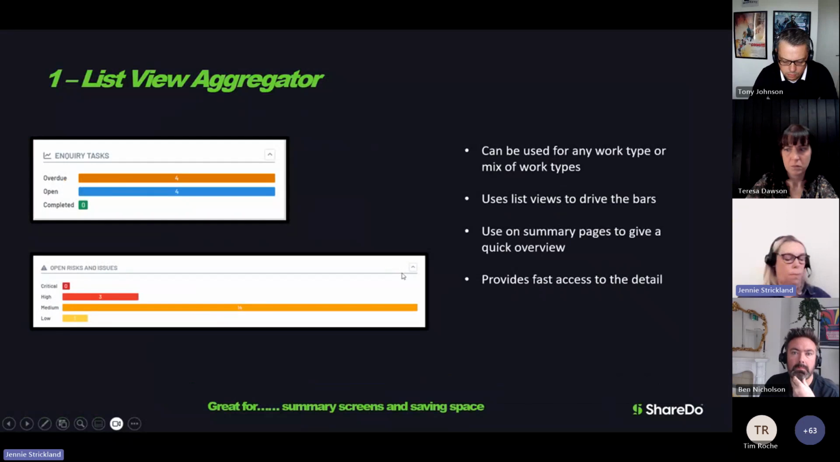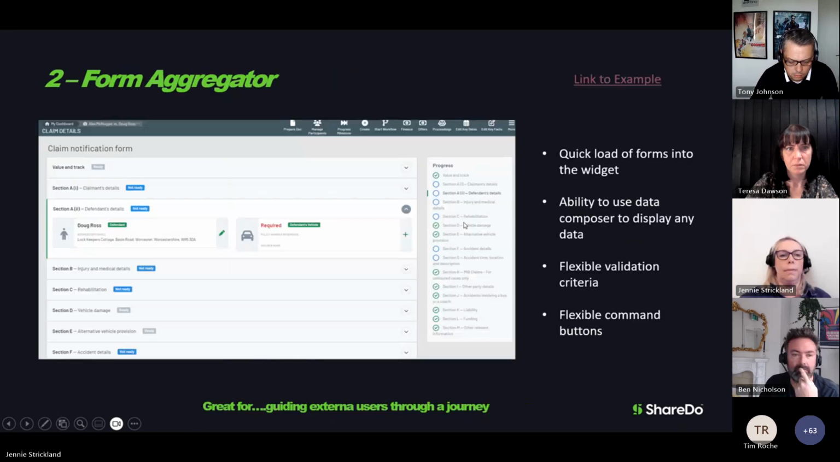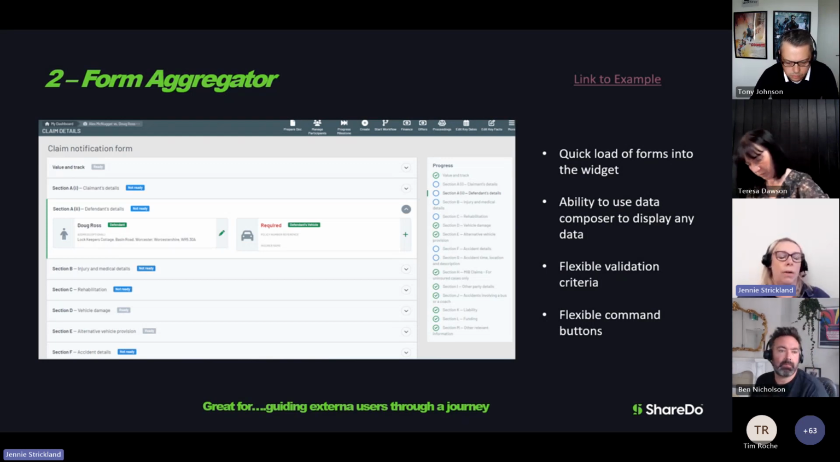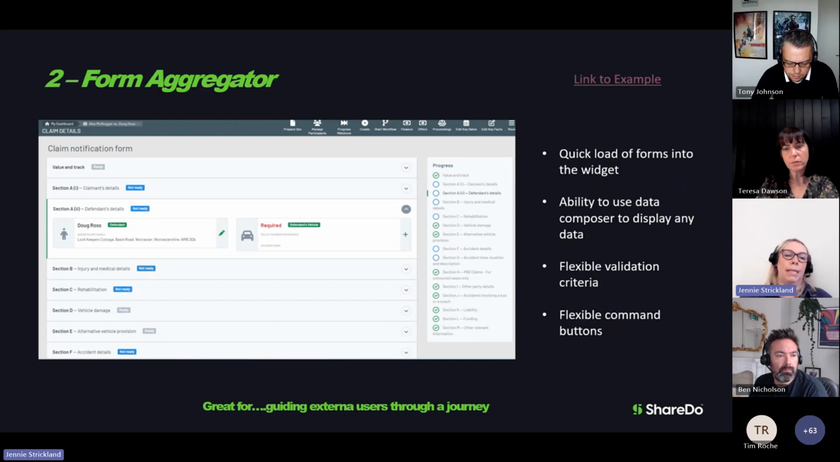So the next one on my list is forms aggregator. This is quite a new widget. Some of you will have seen a previous incarnation of this. It's used across a few of our different clients, but actually we've made it into what we call a first class curated widget now. What this one does is it allows you to build out a set of collapsible sections which will take you through the details on your work,